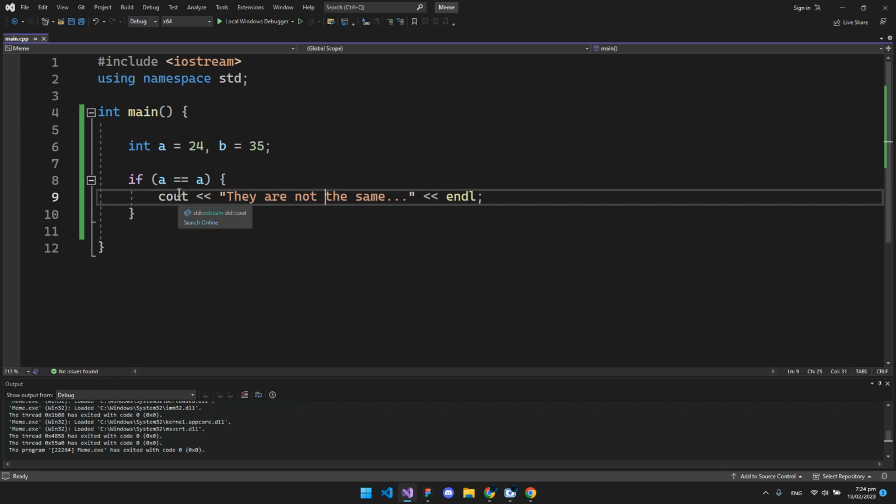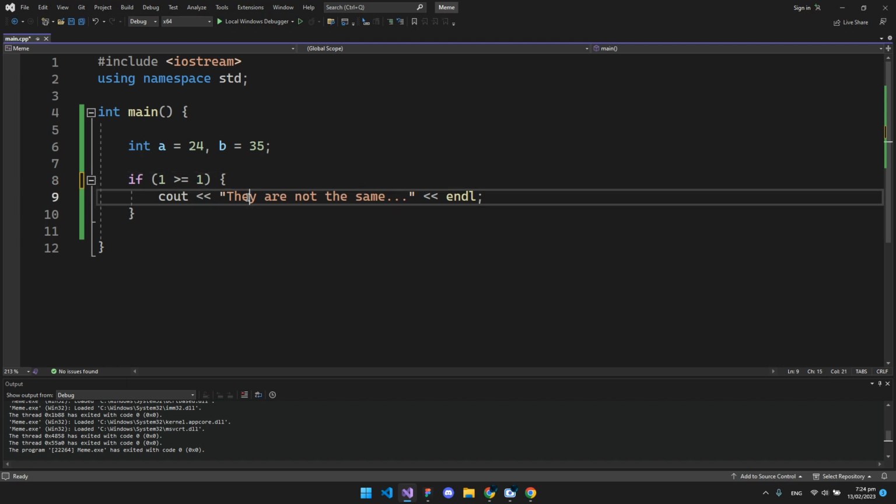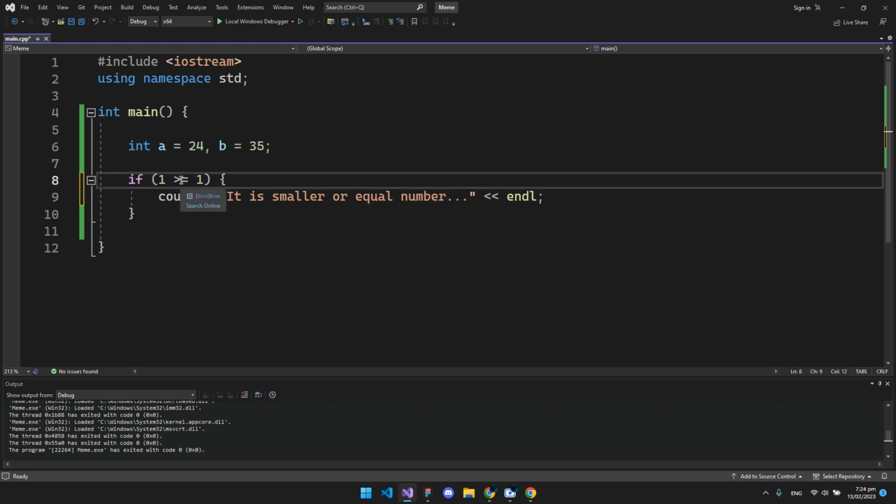And another thing, when we use bigger and smaller operators, let me give you an example. If we say 1 smaller than 1, it will be false. The condition won't be true. But if we say if 1 is smaller or equal to 1, this will run. It is smaller or equal number. What this means is a conditional operator that means bigger or equal. We can do the same with the